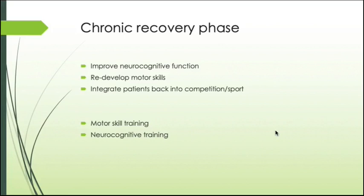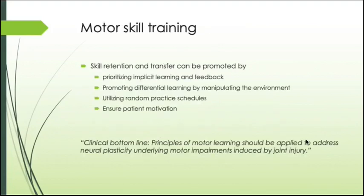And even so, I would actually like to refer you to Ansie van der Waldt's lectures, where she speaks about taking advantage of the cognitive aspect and how we can train the brain during therapeutic exercise. There is one in the small animal and one in the hydro platform. They're both brilliant lectures, so if you want to really focus on this phase of recovery, then that would be my recommendation. But in short, motor skill training